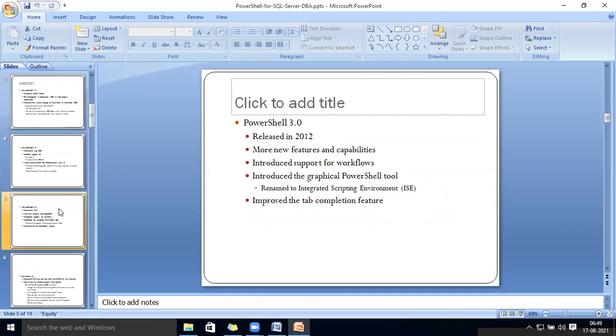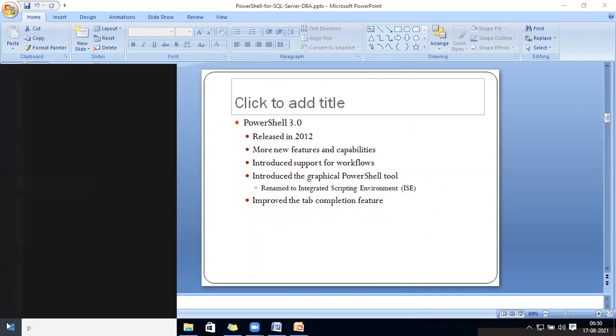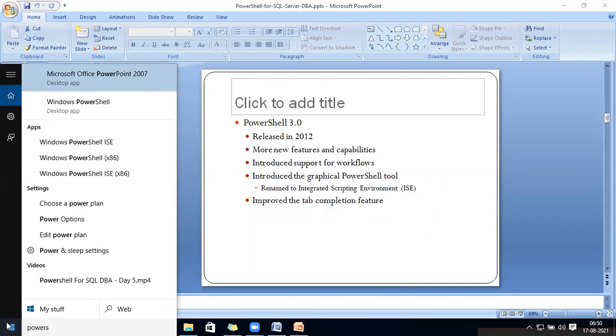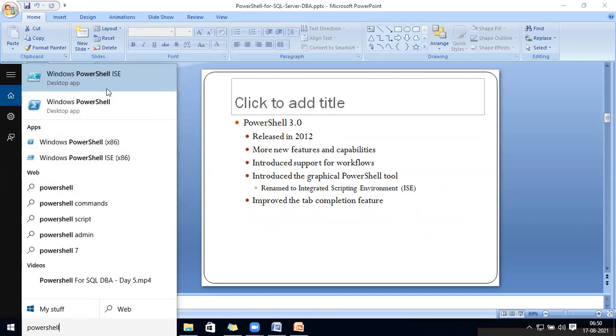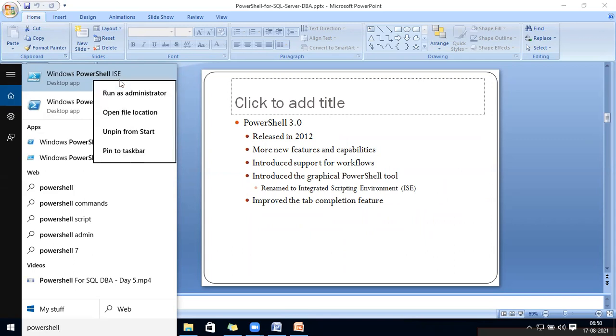After that, PowerShell 3.0 was released in 2012. It has more features, and they added ISE, the integrated scripting environment. If you go here and type PowerShell, you can see two things coming up. You can see Windows PowerShell ISE. ISE is the integrated script language, and whenever you open PowerShell, always open it with run as administrator.